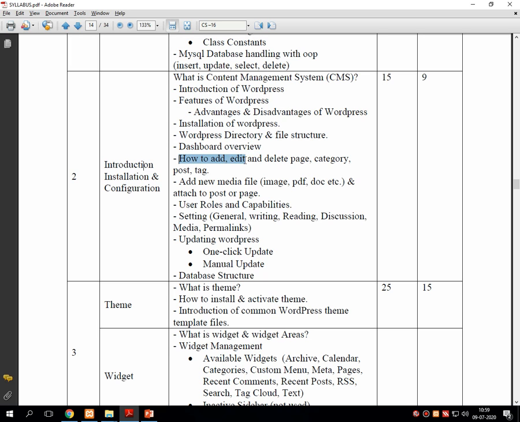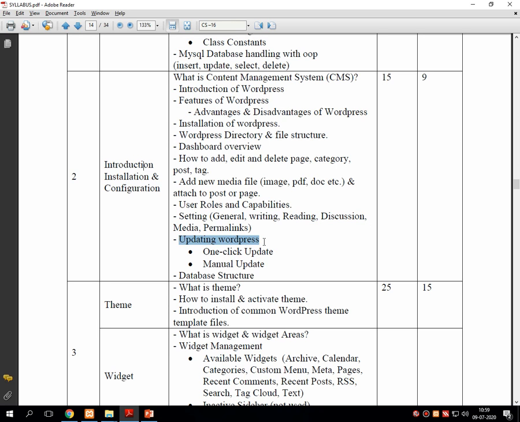to edit, add, delete the page, category, post, tag, etc. Then how to add media of several extensions like image, PDF, DOC, etc. How to add user roles and their capabilities, how to set general terms for writing, reading and the discussion.